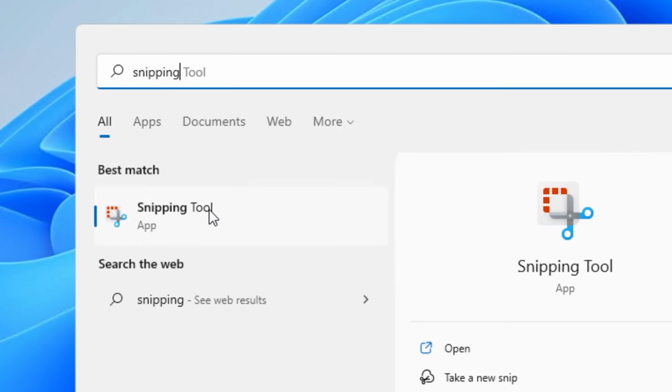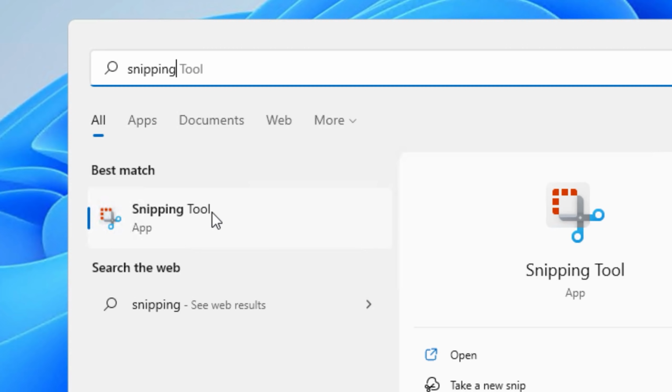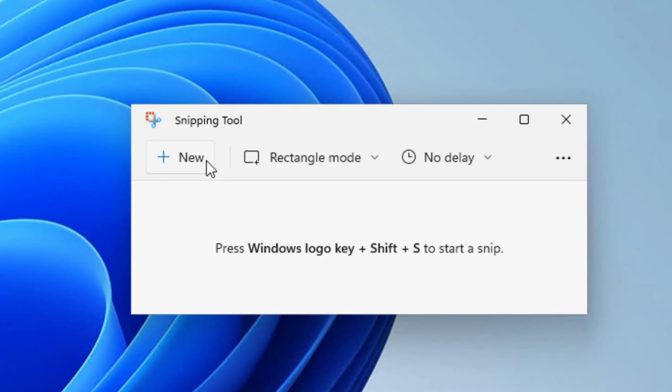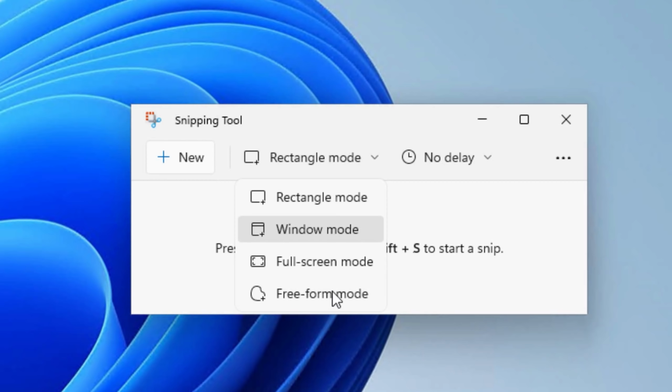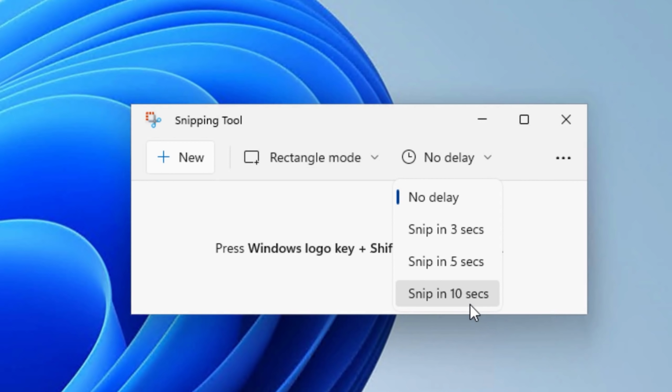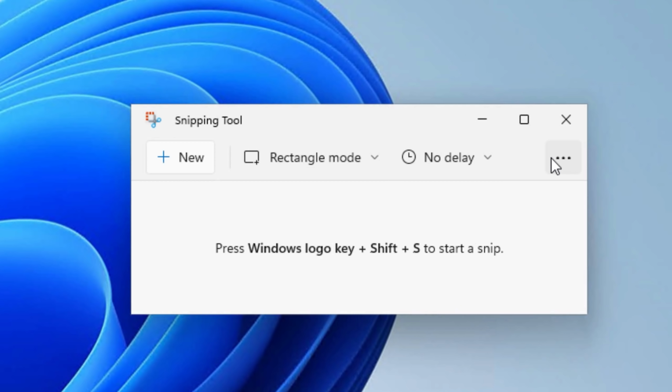First up, there is a new snipping tool. So you probably know in Vista and even Windows 7, there was the snipping tool for taking screenshots in Windows. Then they replaced that and updated it with the Snip and Sketch tool. Well, now they're replacing both of them with a new snipping tool. And it pretty much is exactly the same as the Snip and Sketch tool, just renamed and visually updated.